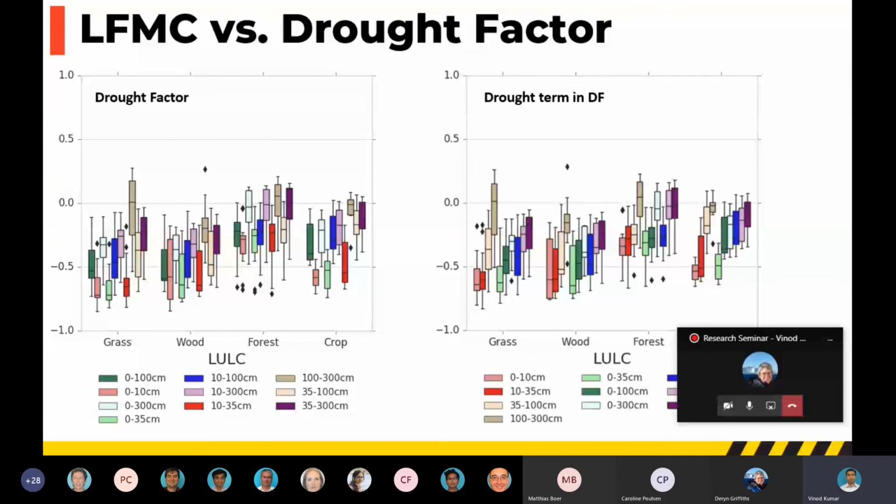If I do a similar correlation analysis, this is just correlation, not lag correlation, against the live fuel moisture content data, you could see that for some sites. I just want to mention that the soil moisture deficit I'm using here is derived using a calibration method we applied in other studies.